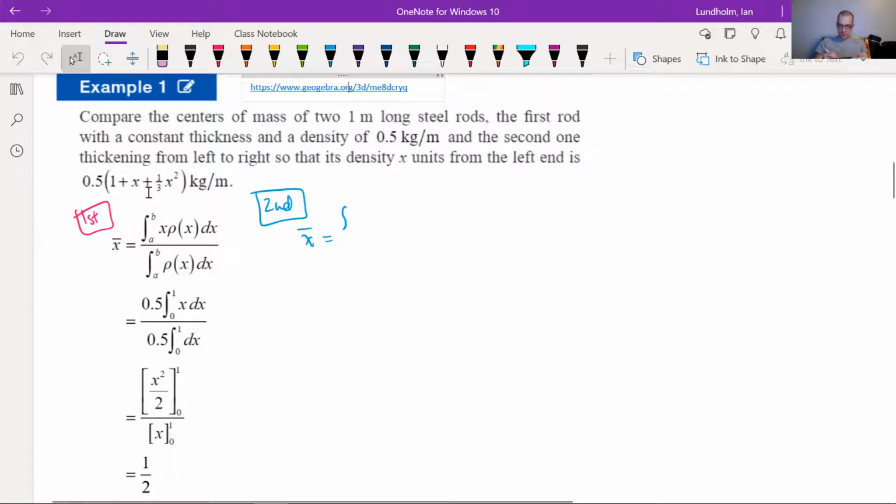So for the top one, our moment integral, we would be going from 0 to 1. It would be x times our function. Our function is 0.5 times the polynomial 1 plus x plus 1/3 x squared